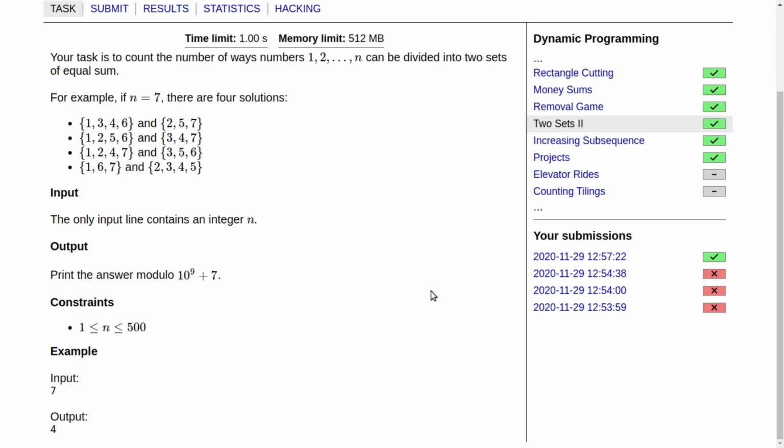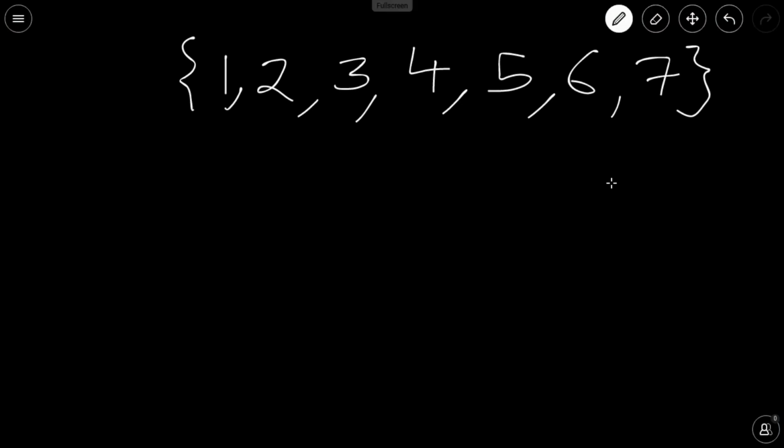Now just pause the video and try to think of a solution, and if you are stuck, I am here with a hint. So here is your hint. Since we need to partition the given set into two sets, it means that one element should be in exactly one set. So it is not possible that you are not giving any set to any element. So every element should be in exactly one set, and you need to partition them such that both of the two sets have equal sum.